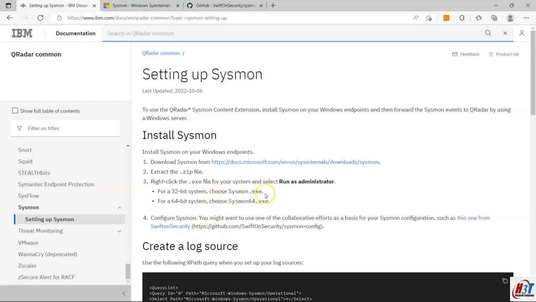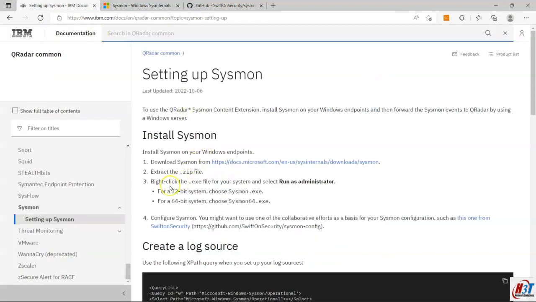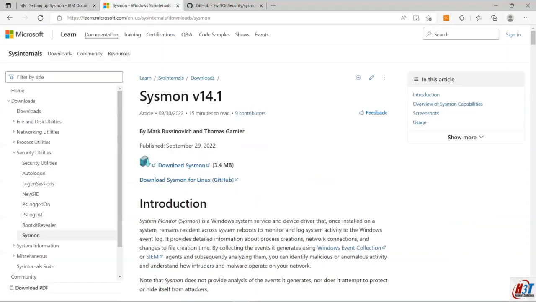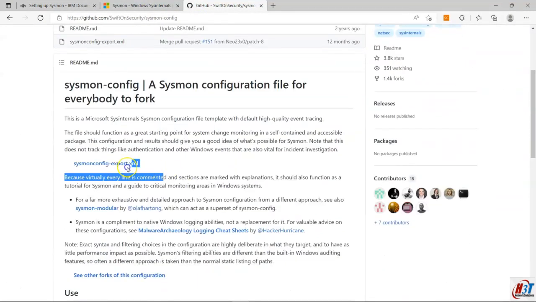This is the Microsoft website. This download will give you a zip file that has the 32-bit and 64-bit versions, so you choose one of them. And this Swift on Security has a good file called sysmonconfig